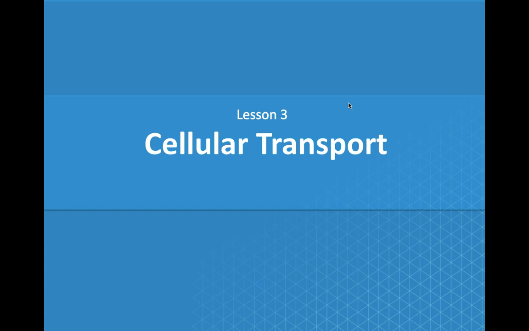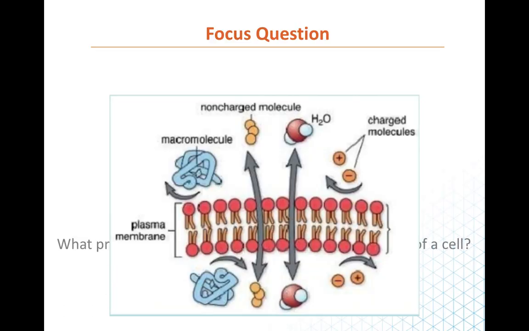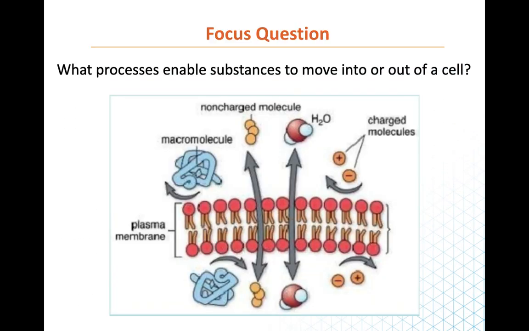Guys! So today we're going to start a new lesson. This is day 1 of lesson 7.3. Today we're going to talk a lot about cellular transport and basically how certain substances can pass through the plasma membrane, right? Alright, so our focus question for this lesson is what processes enable substances to move into or out